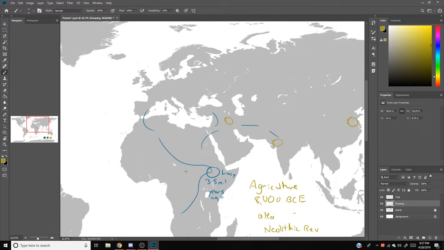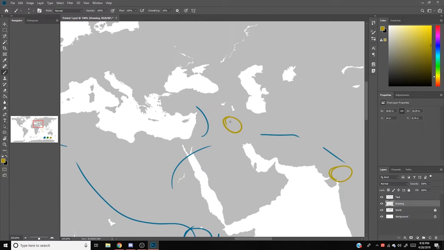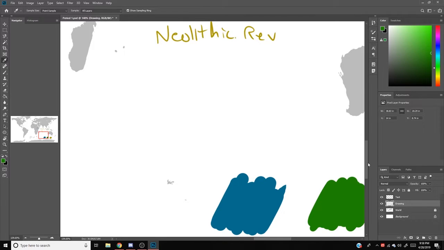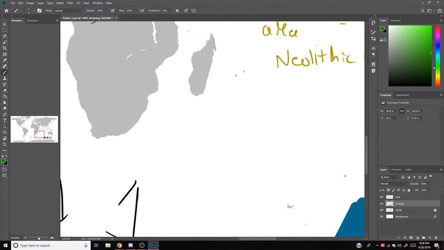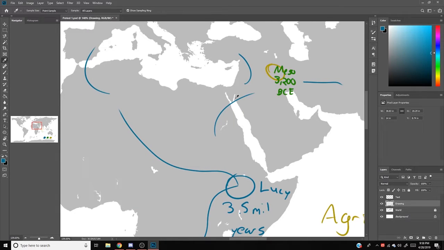Revolution. One of the big focal points of this is modern day Iraq, Mesopotamia. We've got the Tigris up north, the Euphrates below, and this is where Mesopotamia slash Sumer, the first city-states, you could say. There's a bunch of city-states. There's Sumer, off the top of my head. Can't really name them all, but we'll just say Mesopotamia, which is about 3,200 BCE. Afterwards, 200 years later, this makes way for Egypt. It's completely blocked off by desert, so there are natural defenses. Don't have to worry about inner area wars between all the city-states. So Egypt is over here. I'll just write Egypt